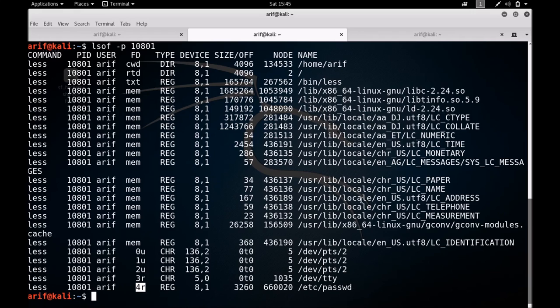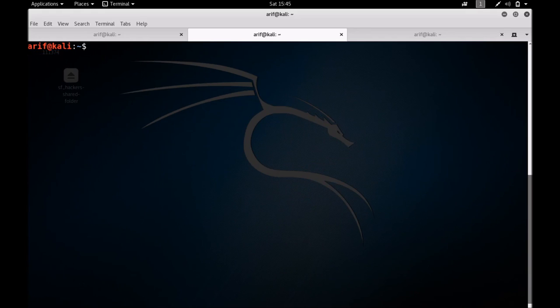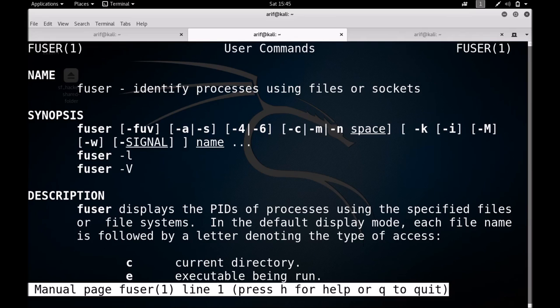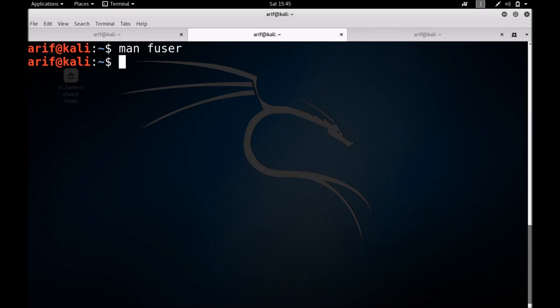Okay, let me tell you another command, that is fuser. So fuser basically identifies processes using files or sockets. It is used to list the PIDs and the usernames of the processes which are currently using a specific file. So lsof lists open files on stdout, all the open files, or maybe the open files by a particular user, or maybe the open files by a particular PID. So fuser is something else. You give the name of a file to fuser,